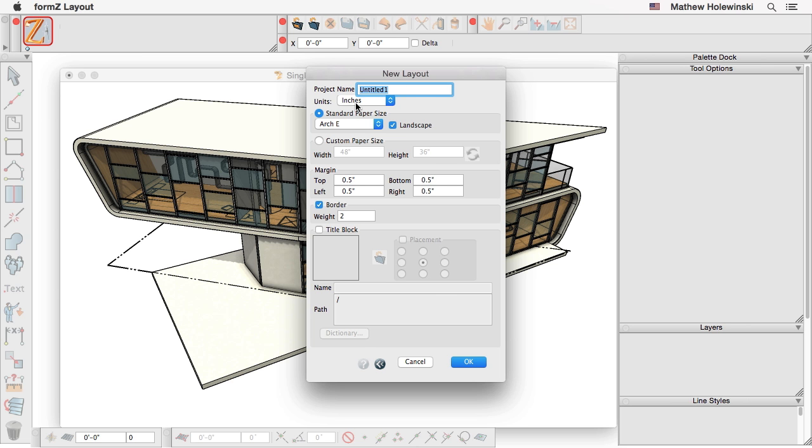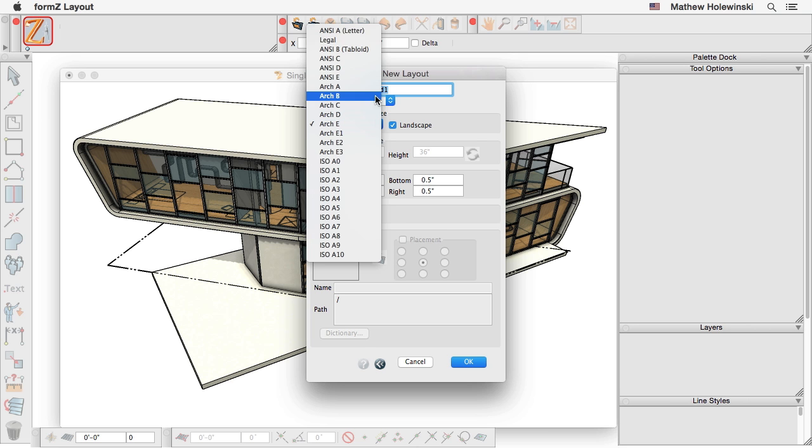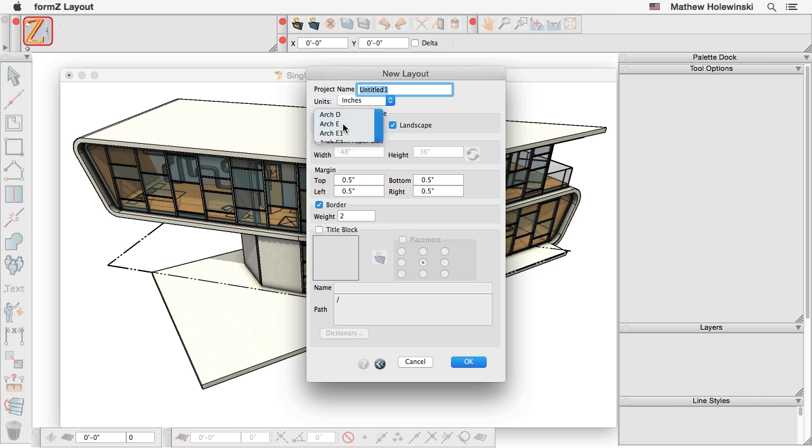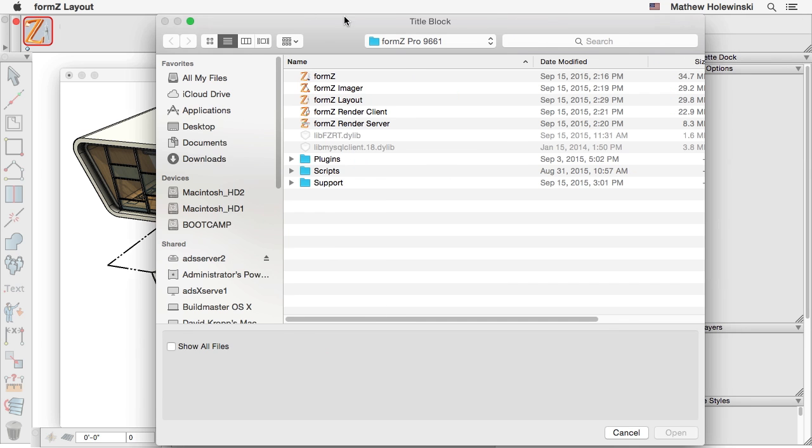Okay, so we begin to create our layout by first choosing a paper size. We can choose any of the industry standard paper sizes that we have here. Let's choose architectural E size. We can choose whether we're going to be working in an English or a metric system. And down here we can turn on the title block option so we can have our title blocks automatically filled in for us. So I'll turn that on, and let's load any standard FML file, which will be our title